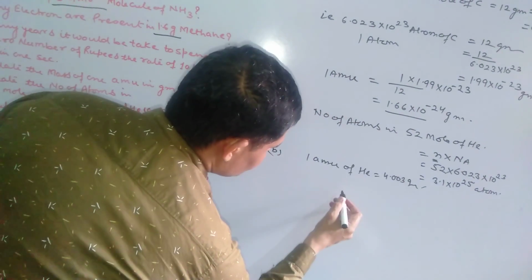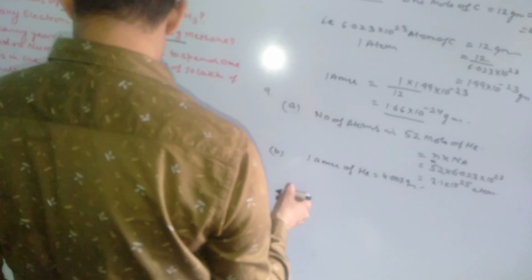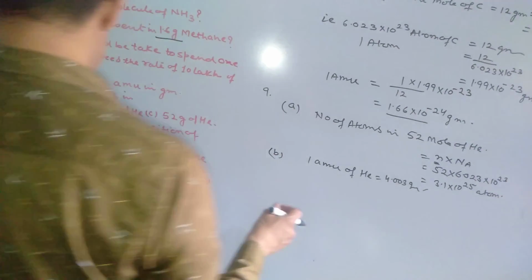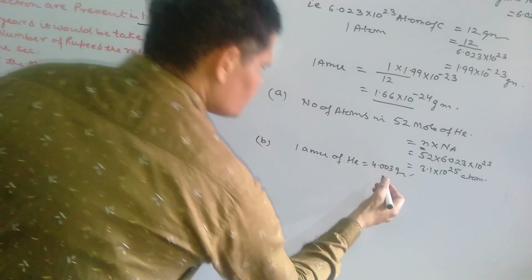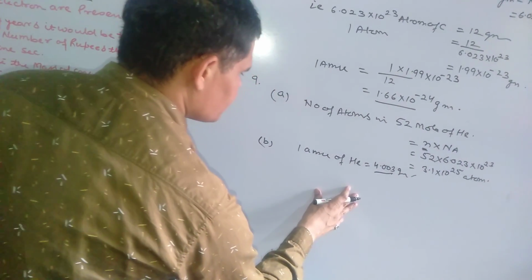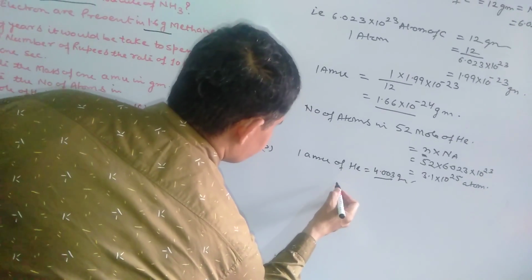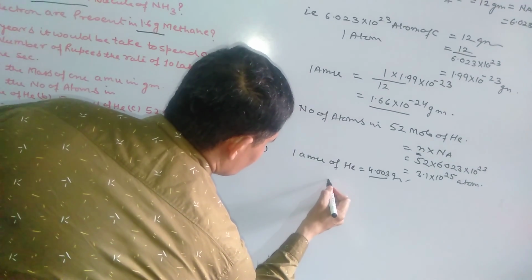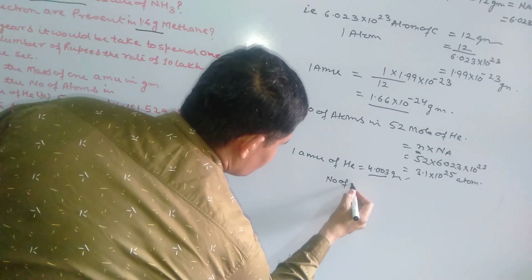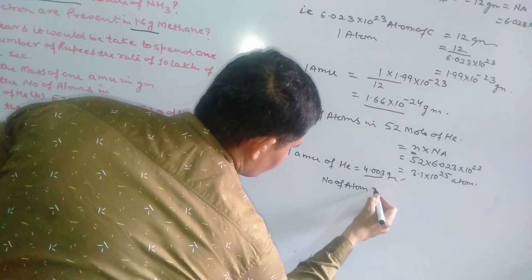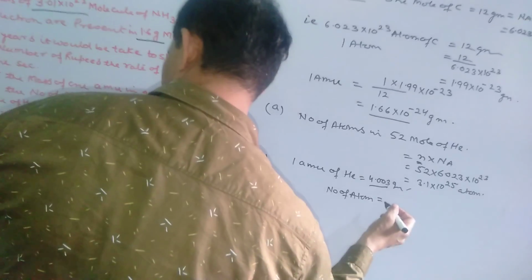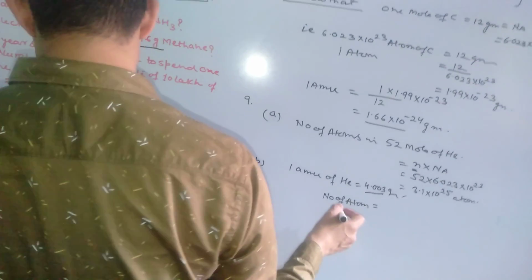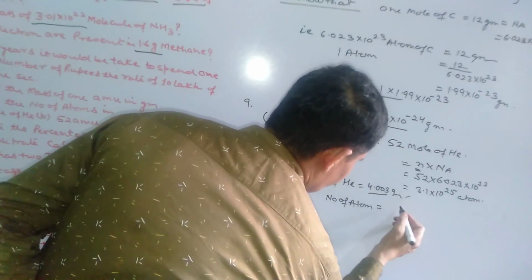Hence, the number of atoms in 52 AMU will be